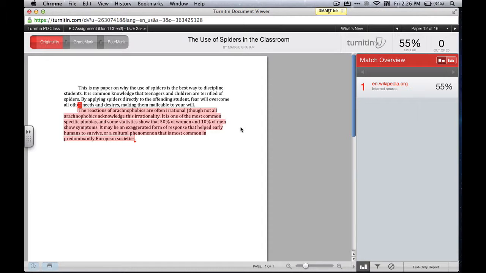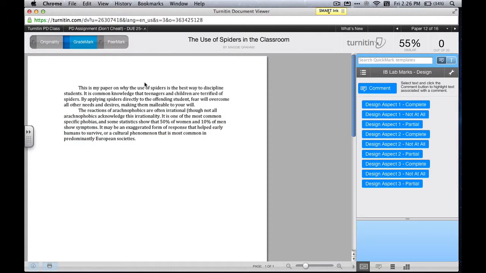Most of the time, with my lab reports, I have seen cases where things that basically look the same don't show up as matches or as copying. This is on purpose, because when it comes to science, a lot of the numbers and a lot of the wording ends up being the same. So it's really important to look through here and see in what way is it plagiarized? How much of a match is this? This looks like a pretty big match, so that's pretty bad. It's a pretty big copy.